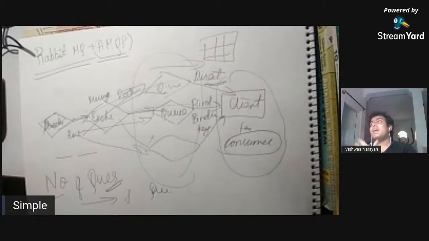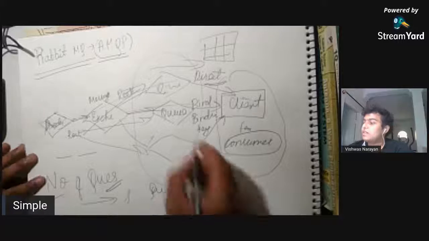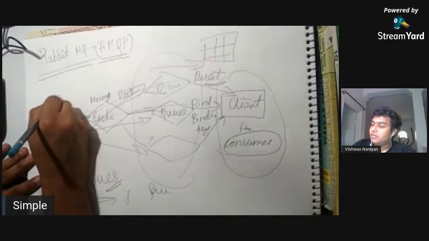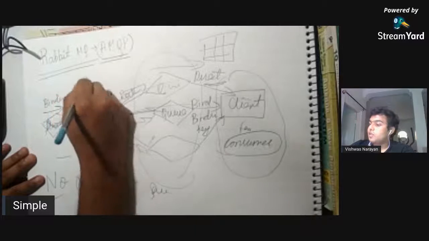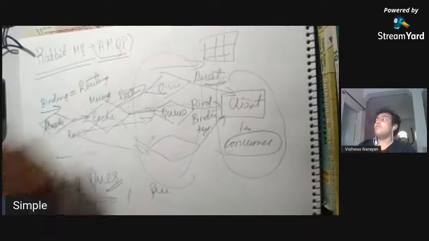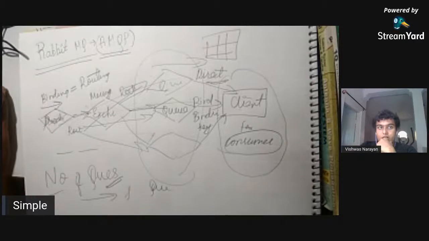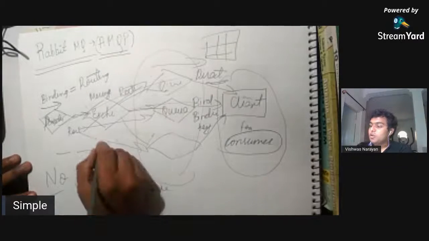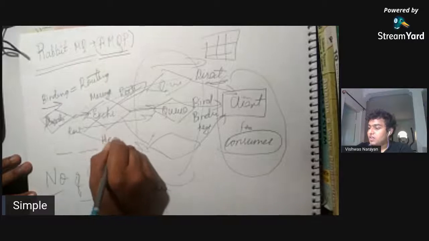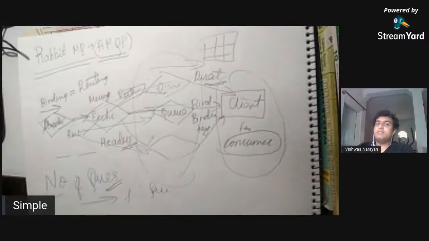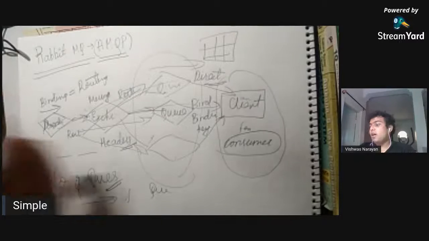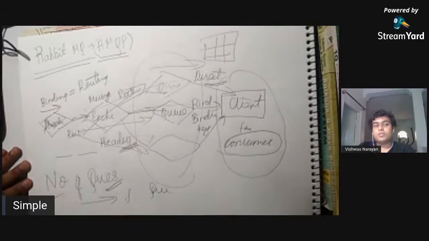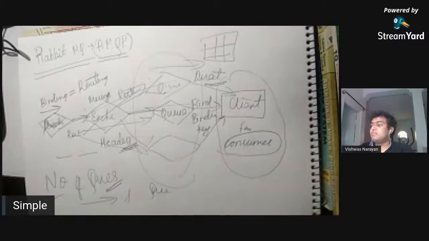When it's directing, there are binding keys, and these will act as routing keys. So every key from the producer, the binding key, is equal to the routing key. So routing is always there at every point. There are headers which say this message has to be received through this queue. The exchange is basically that one function which has all the headers and does all the work. So this is how your RabbitMQ works at every given point of time. And it's not only this one.